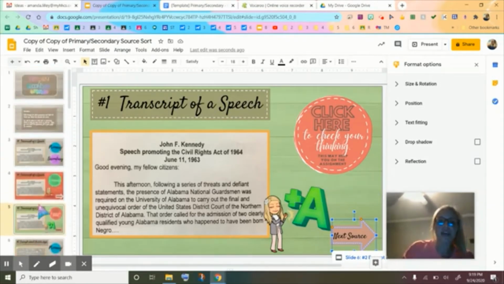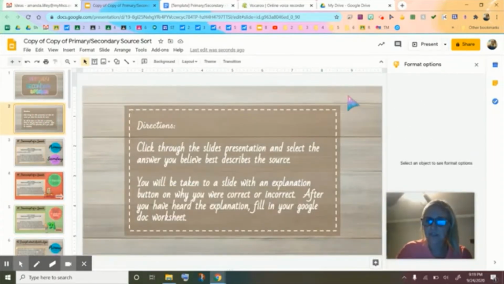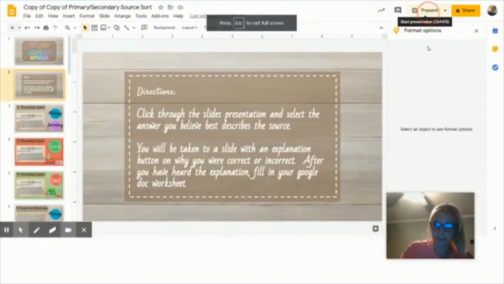Okay, so that's your basic setup, the formatting it all out. I usually put the links in last, after I have everything through. But now here's probably the most important part when it comes to making this interactive. So when the kid actually gets this and it's in present mode,